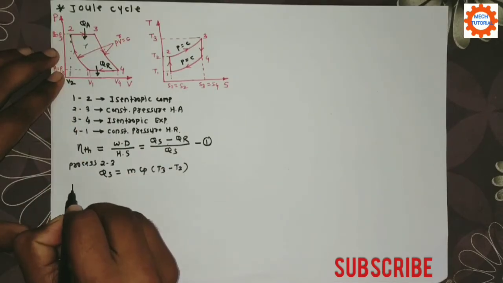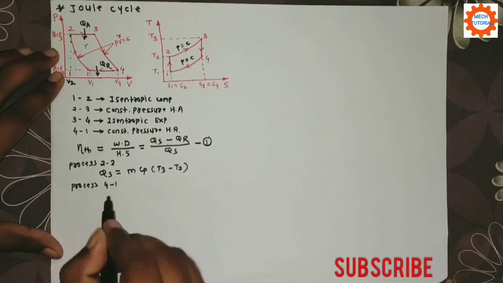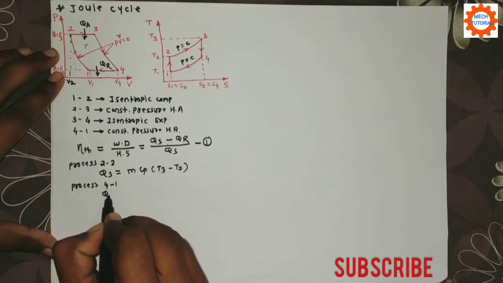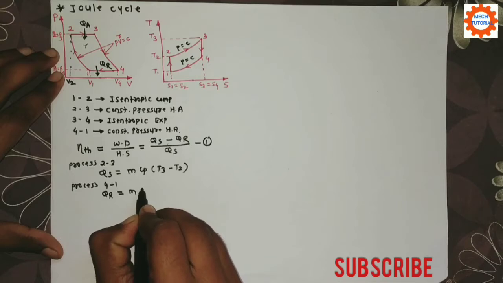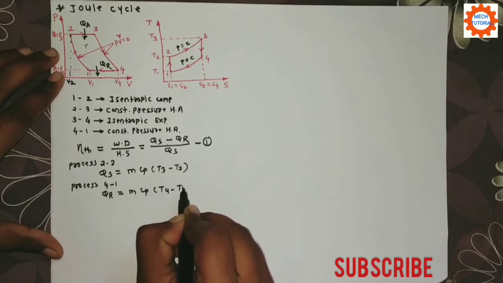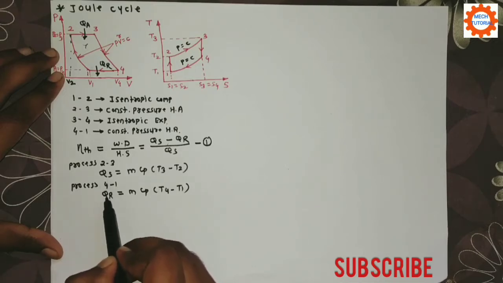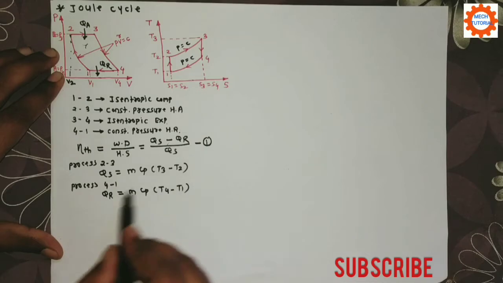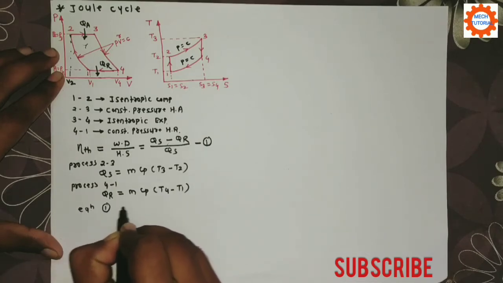Now consider process 4 to 1. During this process, heat is rejected at constant pressure. So QR is equal to mCp (T4 minus T1). Put the value of QS and QR in equation 1. So equation 1 becomes,